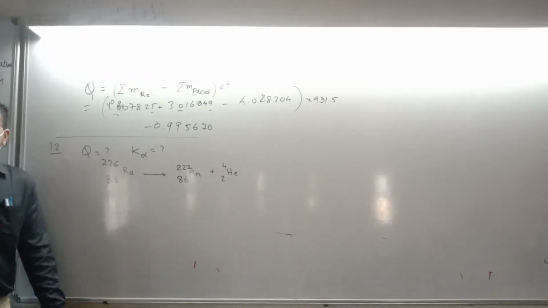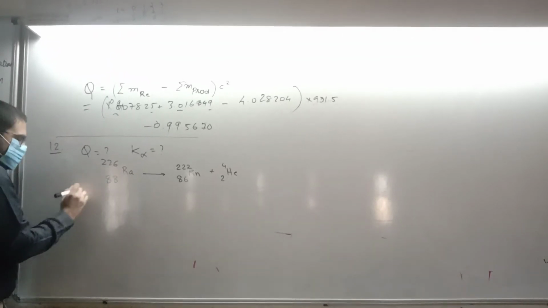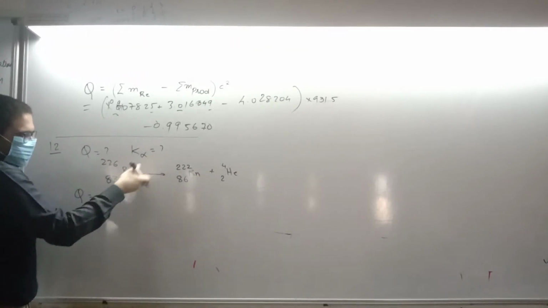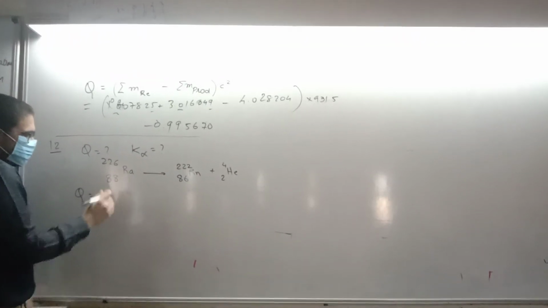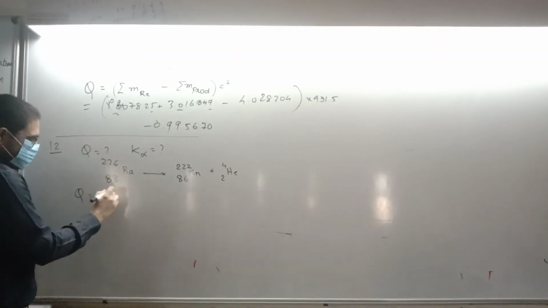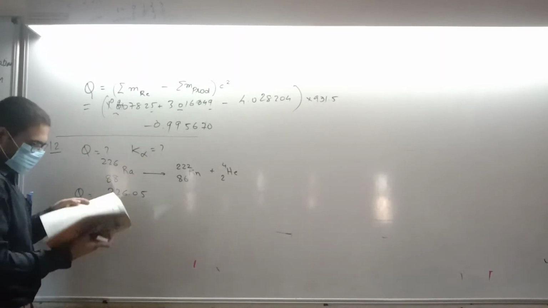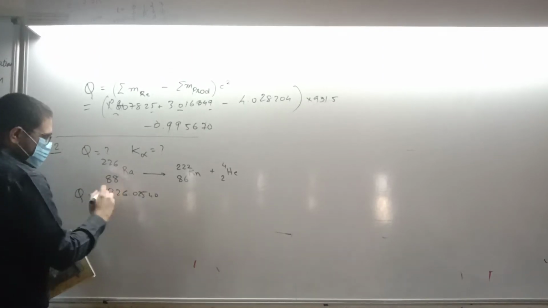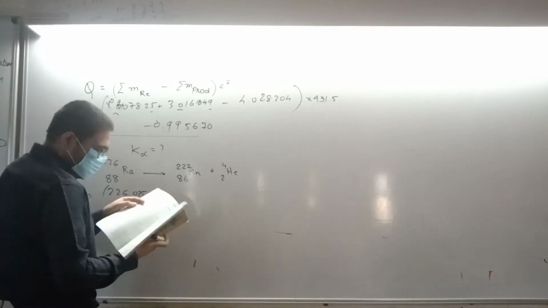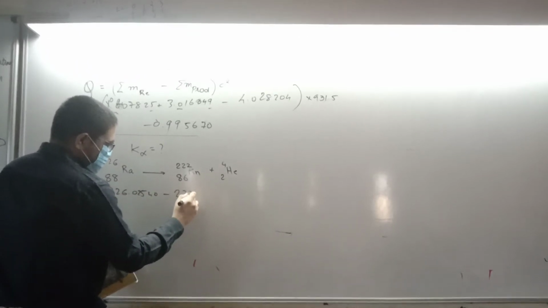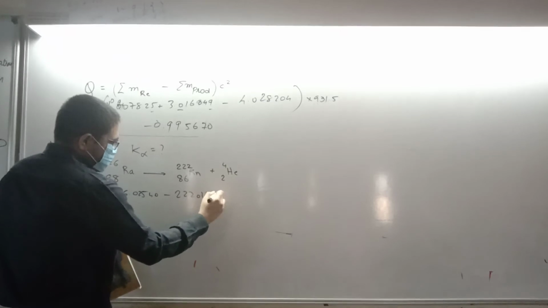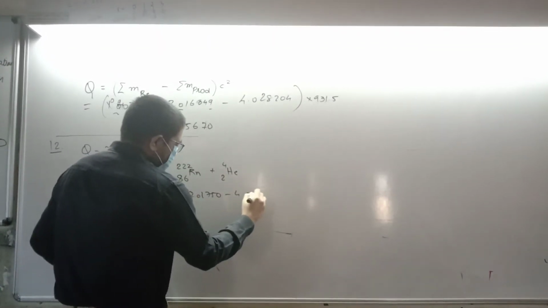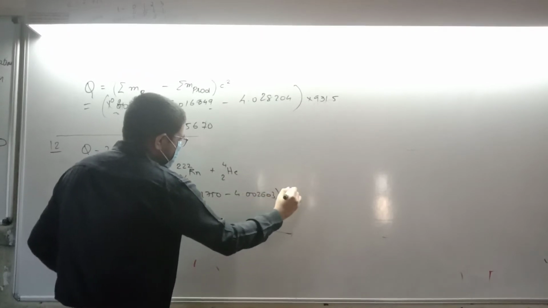Is it done? The expression for Q is going to be as follows. Sigma mass of reactants on this side, one is there, right? So that is going to be radium mass, 226.05, that is 025, 40, okay? Minus radon 222.0175, okay? And minus helium is 4.002603. Never worry about remembering these values.